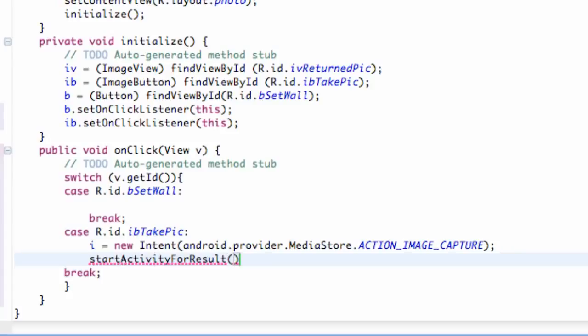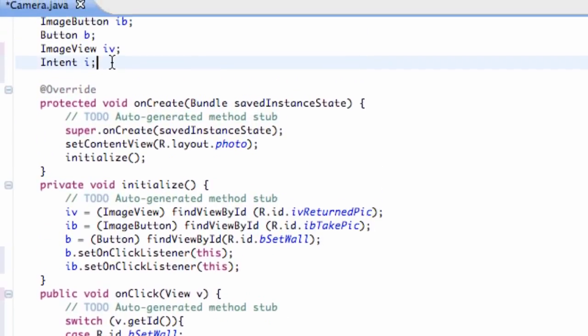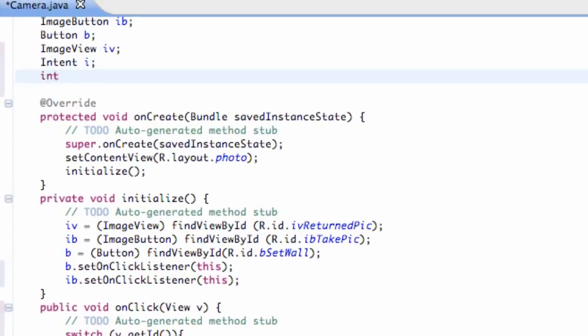And then within the brackets, we're going to set up our intent. And then we're going to hit a comma and basically set up a variable that's going to collect the data. And it's going to be an integer type variable. So we're going to say camera data is what we're going to call this variable. Since we don't have a variable yet called camera data, we're going to again set this up above our classes. So we're going to say int for integer and camera data, and we're actually going to set this equal to 0, and you guys also need to say final static,